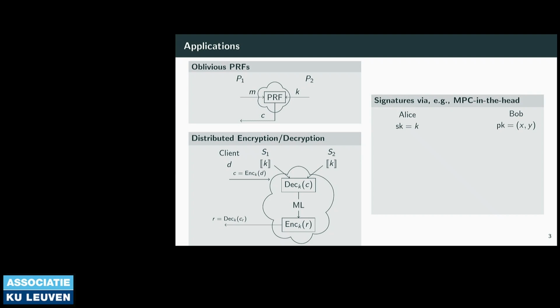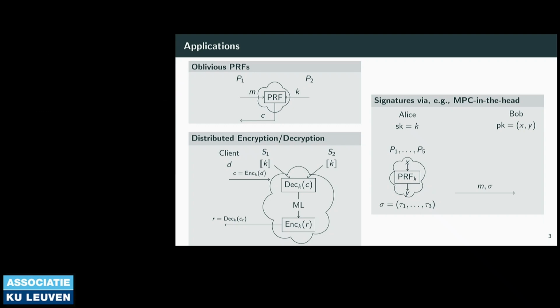You can also build signatures. In this case, you can build signatures using a zero-knowledge proof, for instance, using the MPC in the head approach. Alice wants to create a signature, and her signing key is the symmetric key of the PRF. Bob wants to check the signature, and the public key is an evaluation pair. Then Alice can run an MPC in the head zero-knowledge proof, where, in a simplified way,